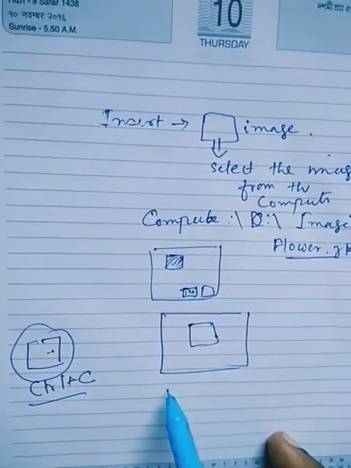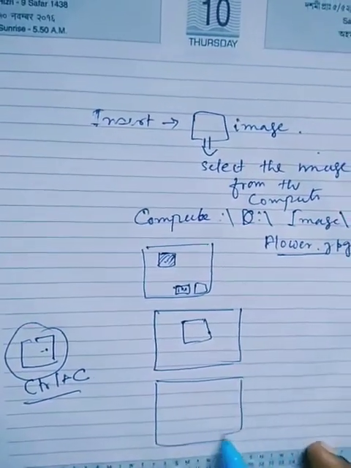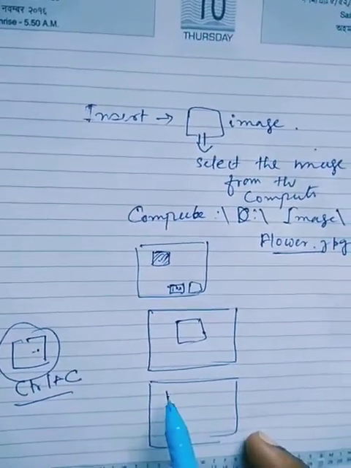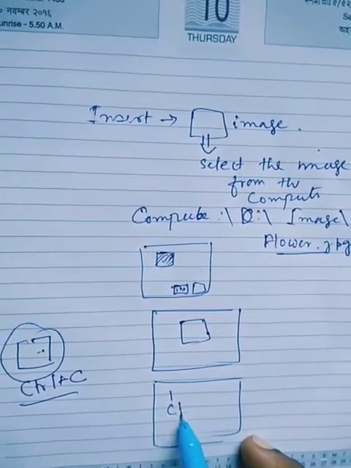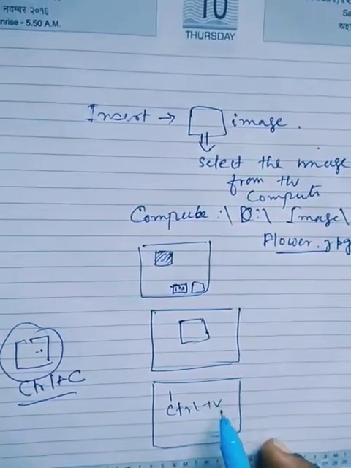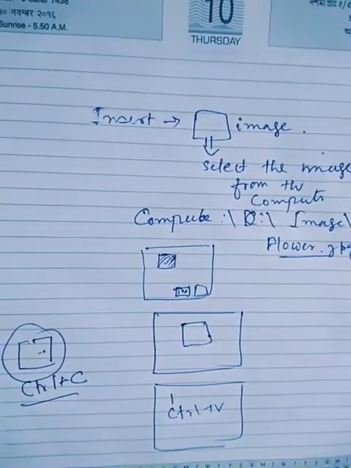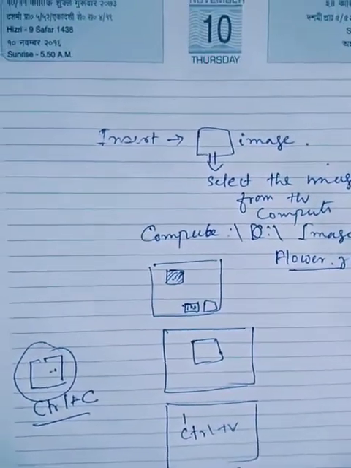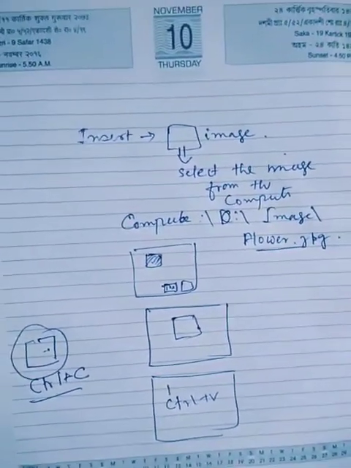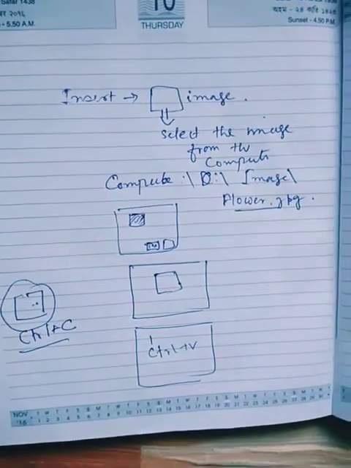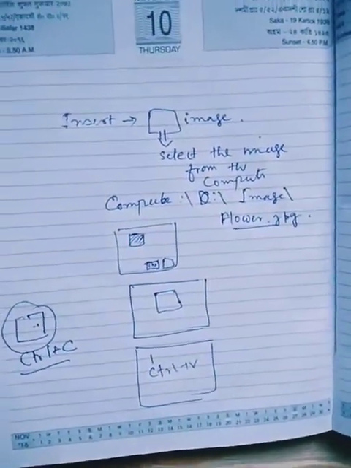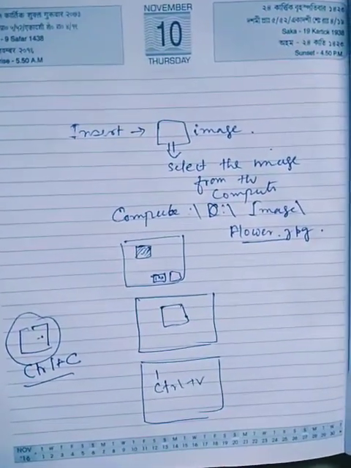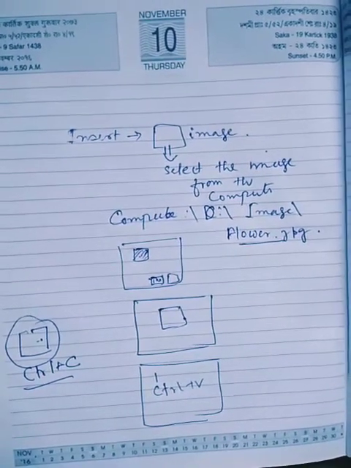Then you need to find the Word document here, and whenever the cursor is placed, then you can just paste it with the help of keyboard by pressing Ctrl+V. Then you can find the particular image on the Word document, and this is how we can insert an image to the Word document. Very specifically, we know that image plays an important role in any matter of content.